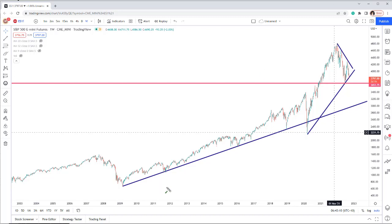Look at this here. So the first bounce was back here in 2012. Then many years later, 2016, and then look at here, that was the 2019 bottom as well. And then we did flush down here, but look at here, a bit of a false breakout to the downside,